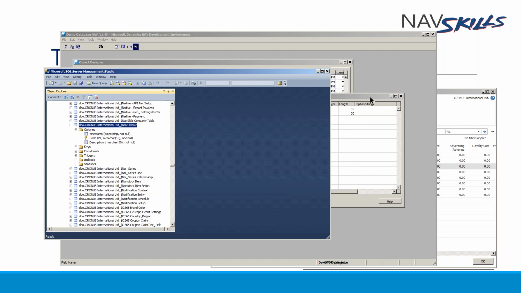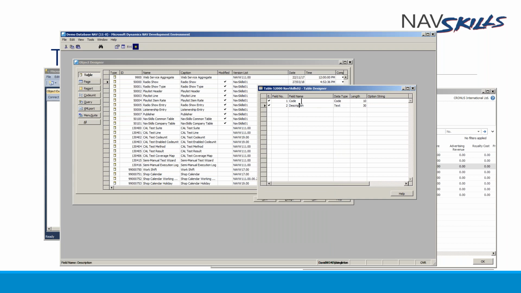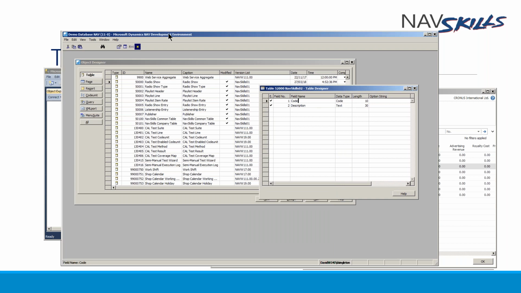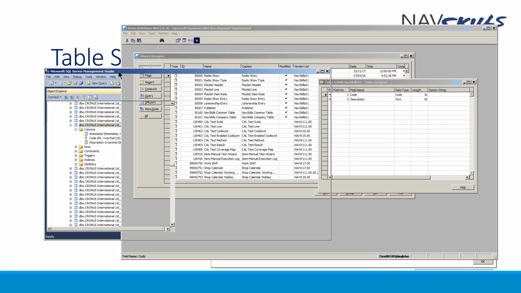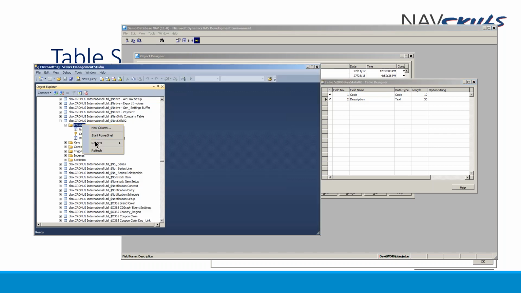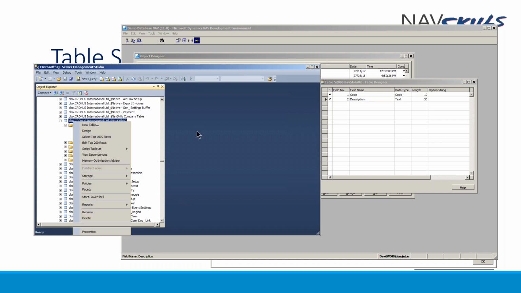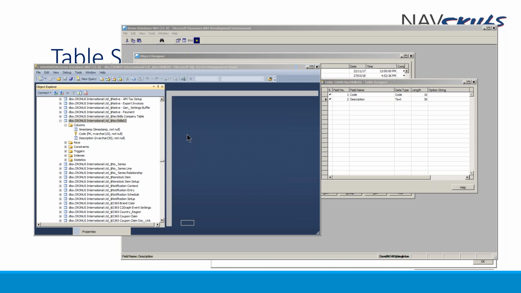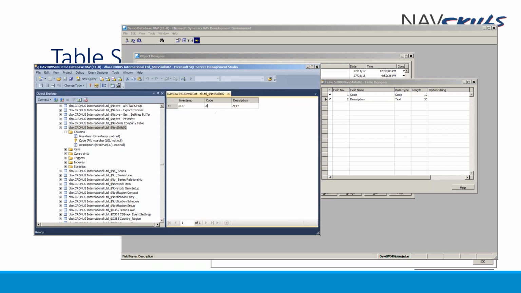So there's a direct one-to-one link between every field here and SQL. I can, in here, I can go in, I can enter data,